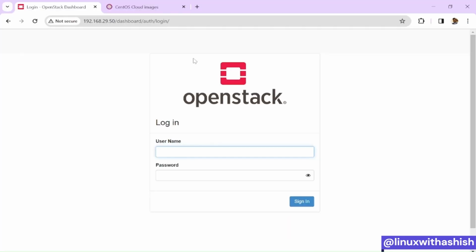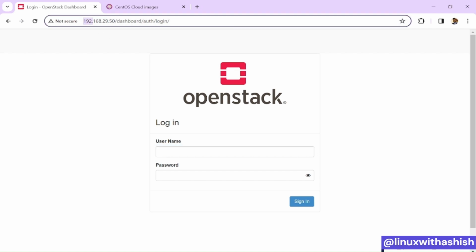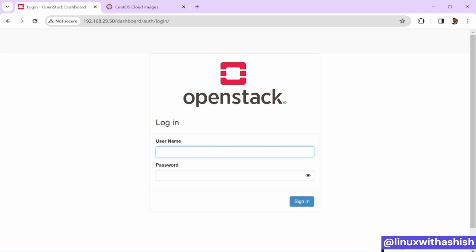Guys, first of all, open your OpenStack Horizon dashboard, the one which we installed during the OpenStack installation. Open a browser and enter your VM IP that we have given for our OpenStack cloud, that is your Horizon dashboard IP address. Once you enter it, you will get this login page. Enter your user name, that is admin, and password,